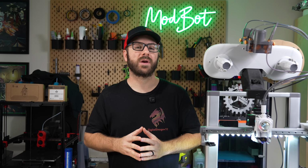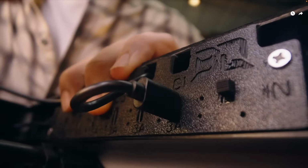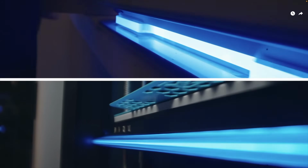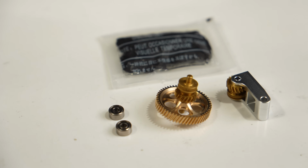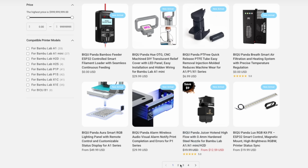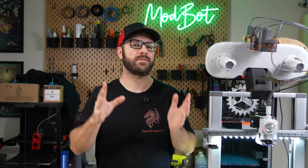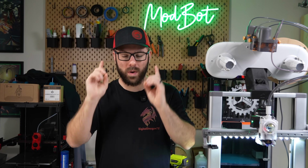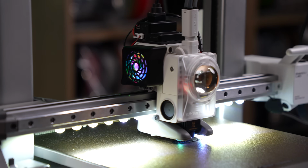A little over a month ago, BIQU launched Panda-Verse, an ecosystem of add-ons and accessories centered around Bambu Lab printers. We looked at a handful of these last year, but to say that they've added a few things since would be a massive understatement. BIQU contacted me to see if I was interested in testing out any of these new products, and while I had a handful of ideas, the one I was most excited about was lighting up my